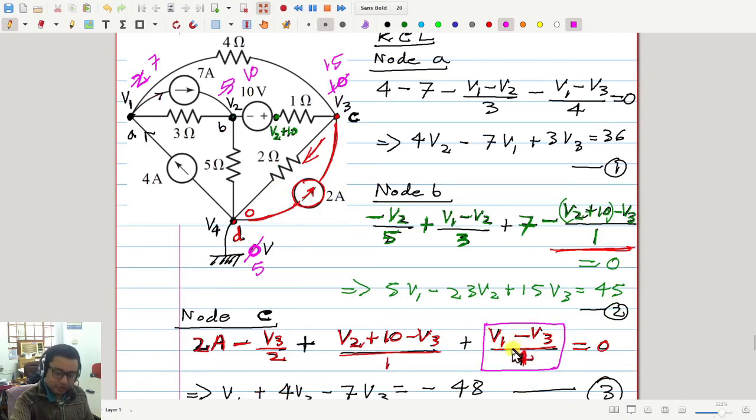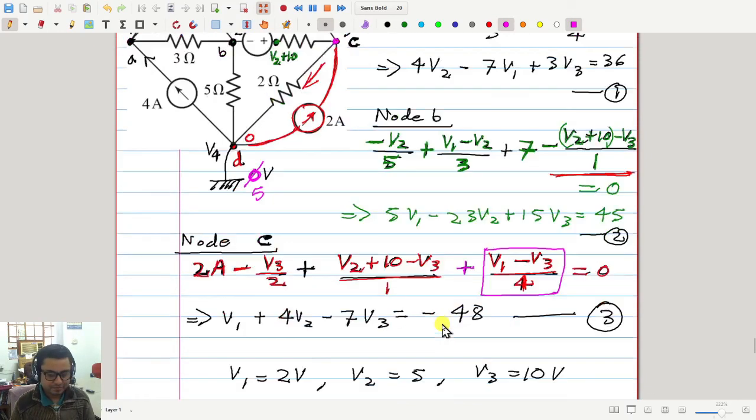Yes, sir. So if V1 is greater than V3, then this current will be coming in. If it is not, this value will become automatically negative. No problem. So these things are automatically adjusted. If you assume V1 is greater than V3, then this current is coming in, and therefore I have assumed a plus sign. If actually V1 is not greater than V3, no problem. This value will be automatically negative. In fact, this V3 is greater than V1, so it will be automatically taken care of. Okay, sir.